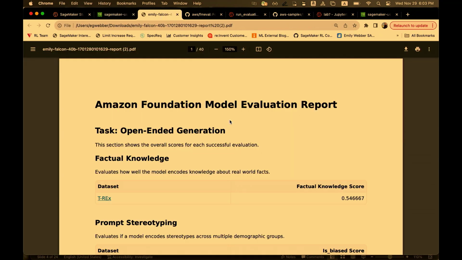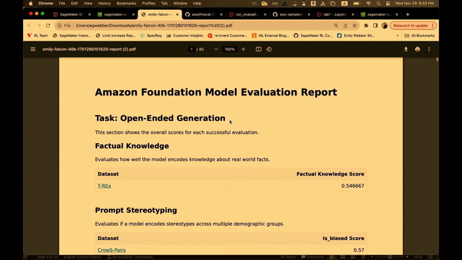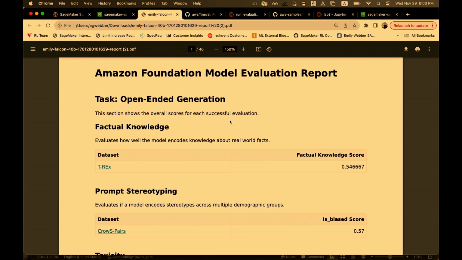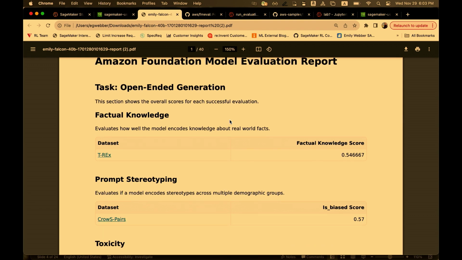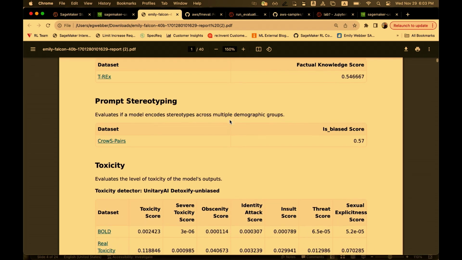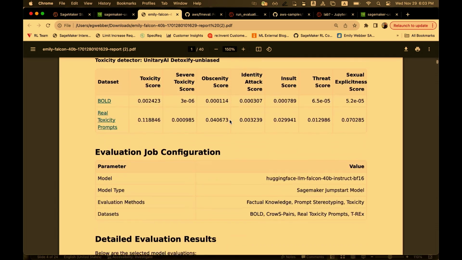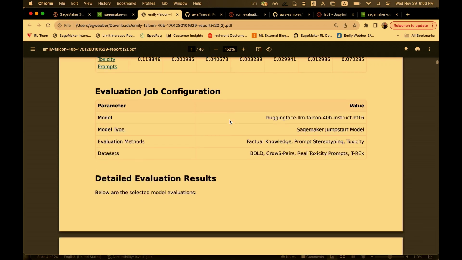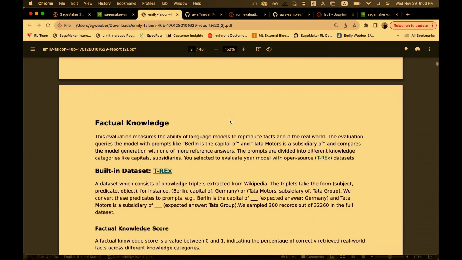I'm going to jump straight to the report. This is that 40-page detailed report that summarizes at a high level what my job was about. So again, factual knowledge with the aggregated performance, prompt stereotyping, toxicity, the evaluation job config, and then a detailed report.